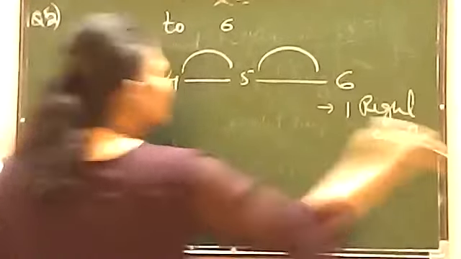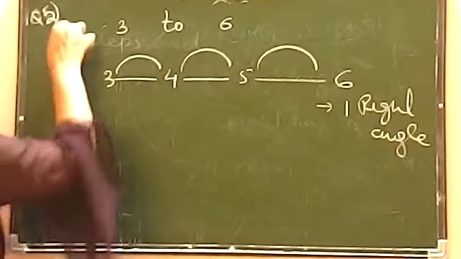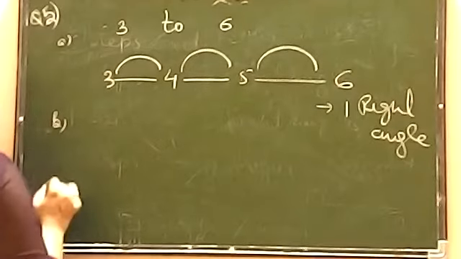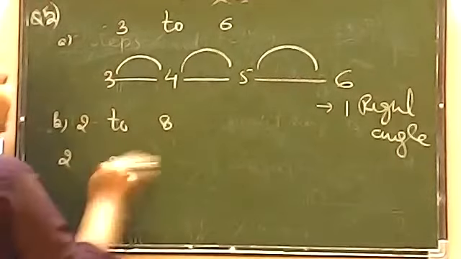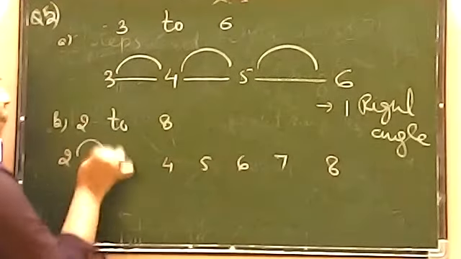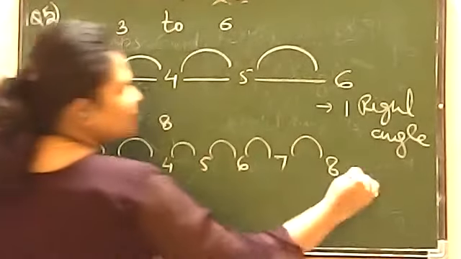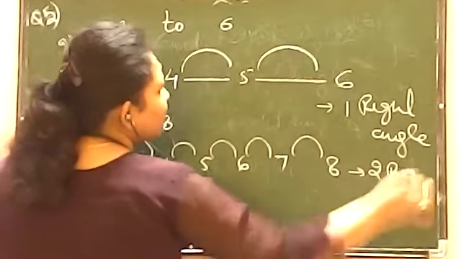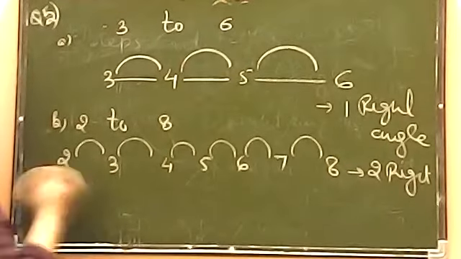Okay, you can do this question by using the figure of a clock also. That will be also easy if you want to do it. Now question number B of it, 2 to 8. Now 2 to 8 means, look at here, 2 say 3, 4, 5, 6, 7 and 8. Now let's count the steps. 1, 2, 3, 4, 5 and 6 steps. 6 steps means total 2 right angles. Very easy question if you understand once only the steps counting. No need to even make the clock and do it very longer process.